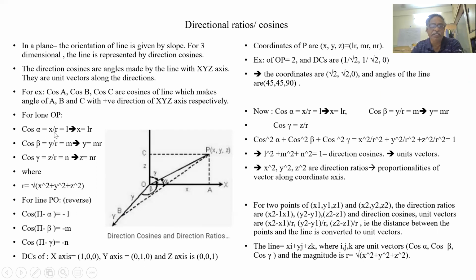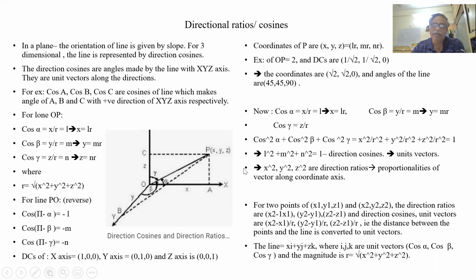So it is basically cos alpha that is giving us a unit vector. We have just seen that x is LR, y is MR, z is NR. So if I add cos square alpha plus cos square beta plus cos square gamma, what am I getting? X square by r square plus y square by r square plus z square by r square, from this definition. So r square is common. So x square plus y square plus z square by r square. But x square plus y square plus z square is r square. This we have seen. This is the modulus of this line, the length of this line, r. So r by r gets cancelled, 1. So we will say that L square plus M square plus N square is equal to 1. Because cos alpha is L, cos square alpha is L square, M square, N square. So this is the relation of direction cosines.